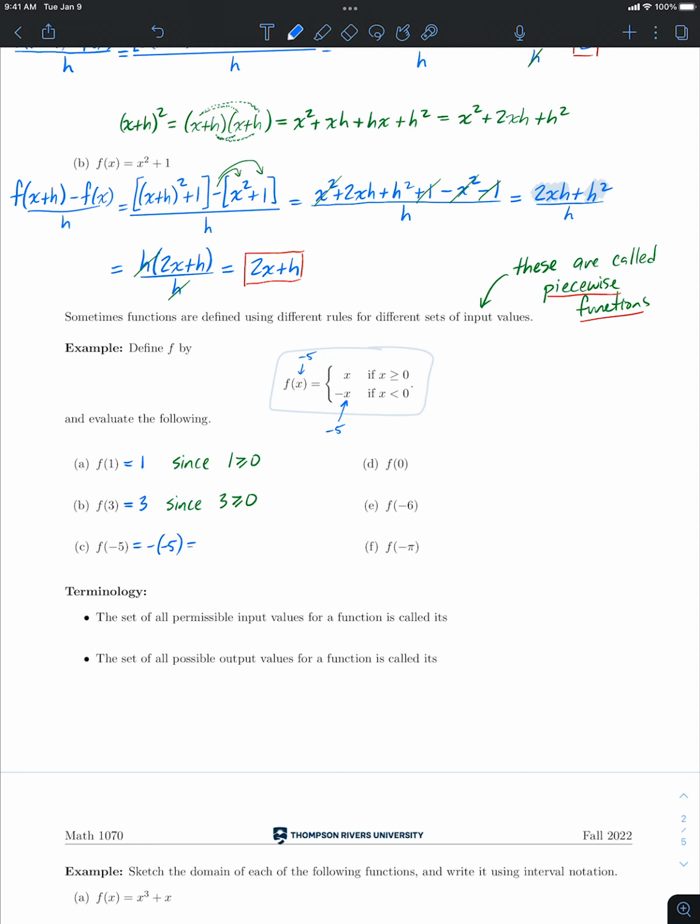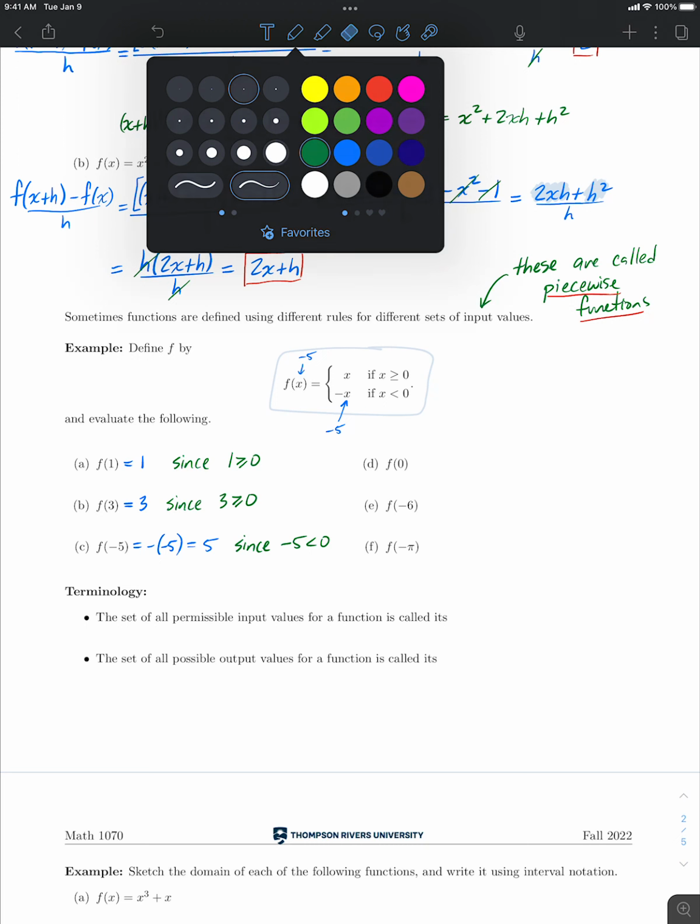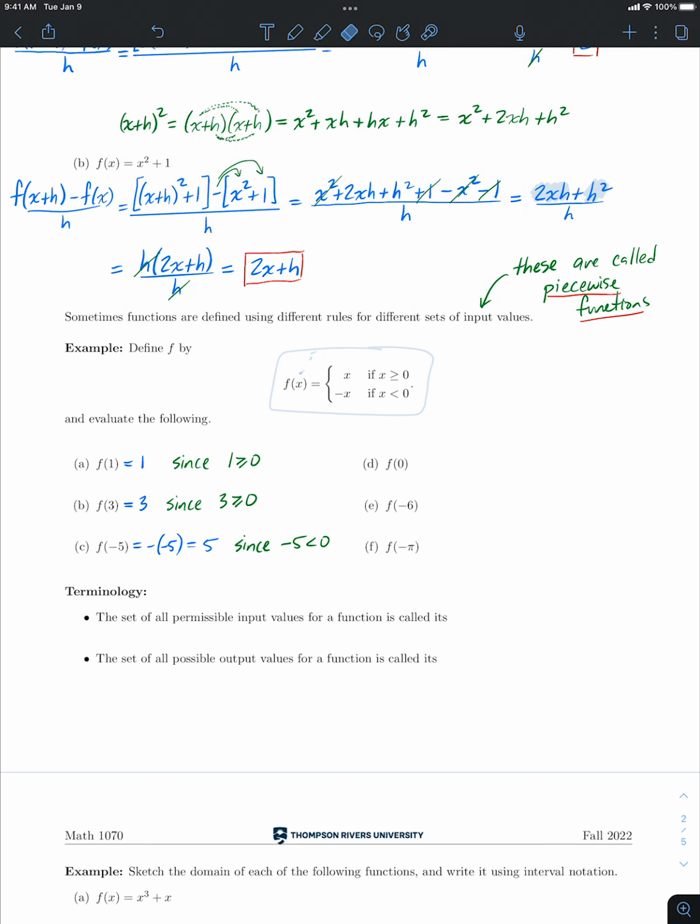Okay, so what does that give us? It gave us positive 5. Okay, and the reason for this, in other words, the reason we used this rule, is because negative 5 is less than 0. Okay, so let's try a few more. So f of 0, let's try f of 0. So f of 0,